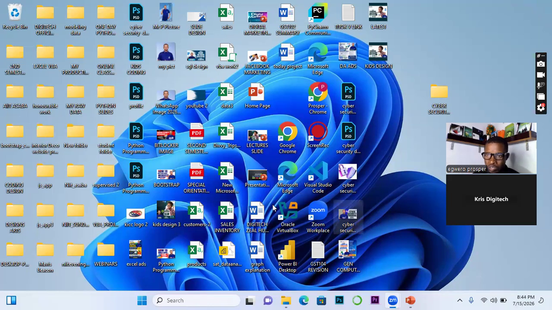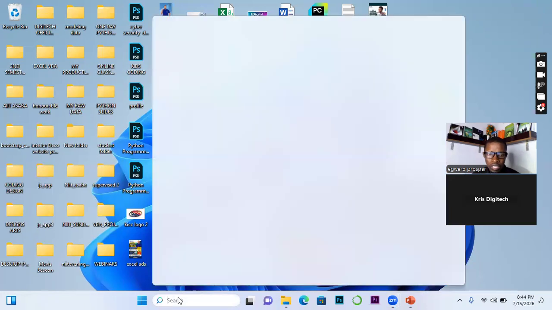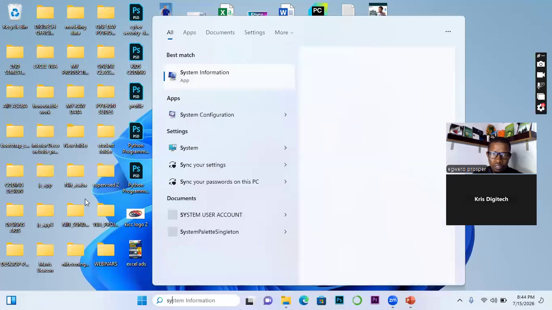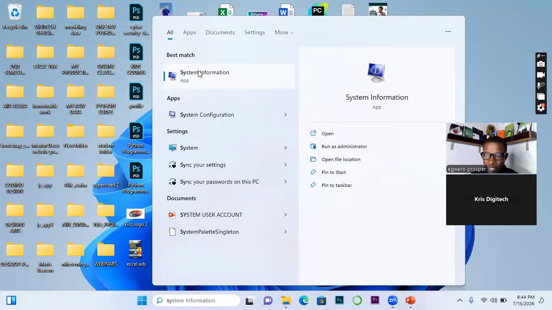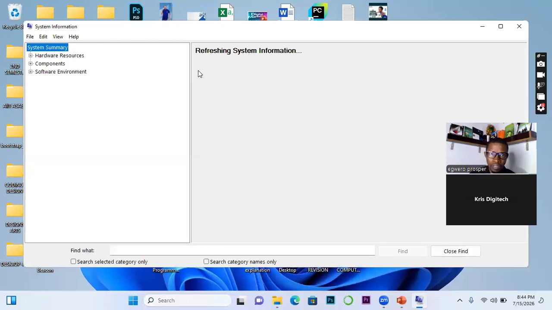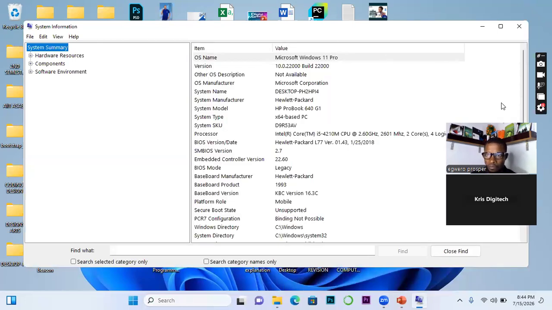The first thing you are going to do is come to your start button and type System Information. Just type System Information. From the Windows angle, you can easily check whether this laptop has that compatibility before you think of even setting it up. So once you select System Information,